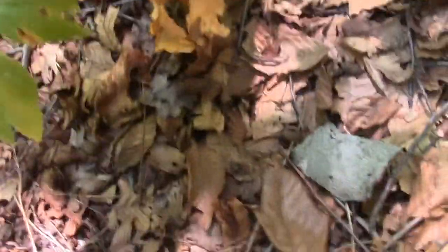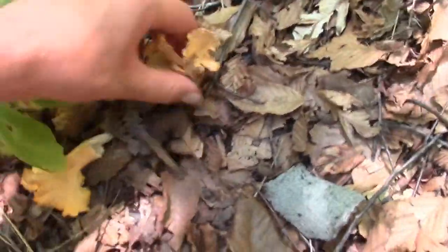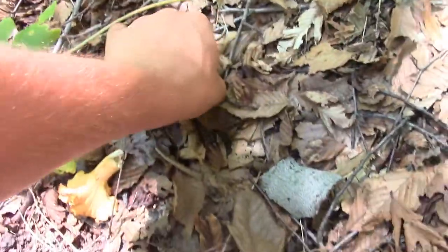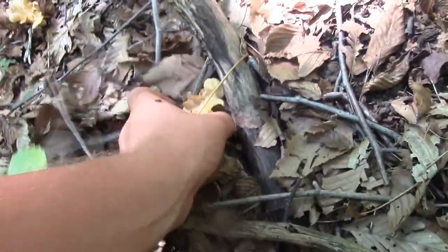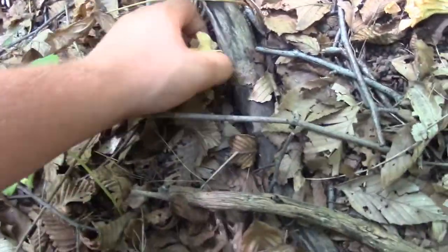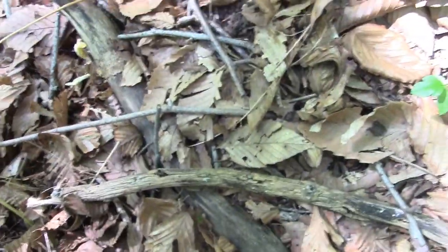These ones are kind of older, but they'll still be good eating. So we're definitely going to have a pile now. This is what happens if you guys find some early, just start picking and looking. You never know when these things are going to come out. So the more time you spend in the woods, deer scouting and everything, the more likely you're going to find some. I got a lot of people that love these, so